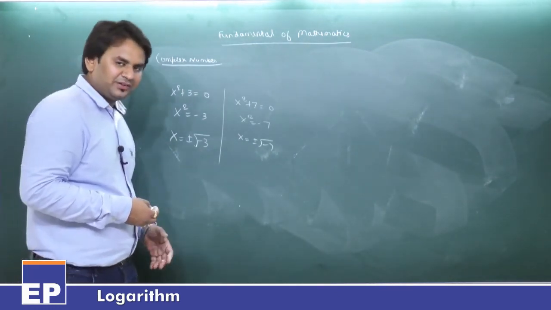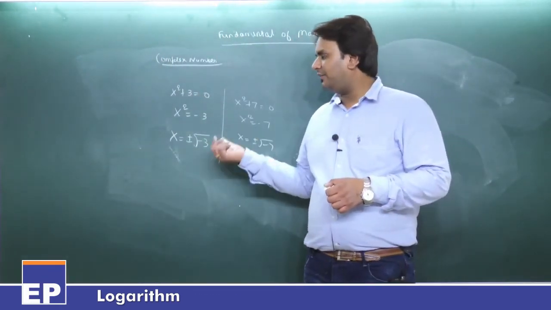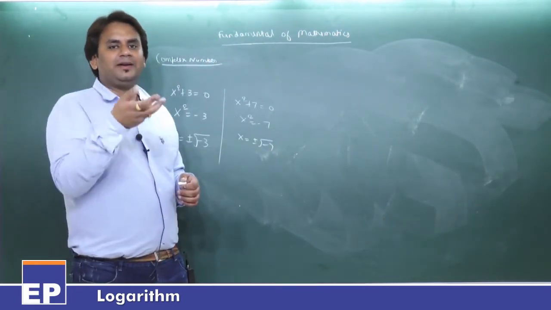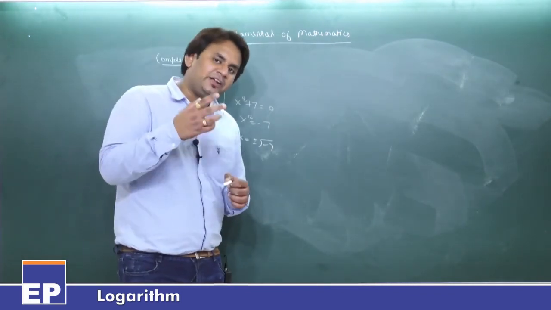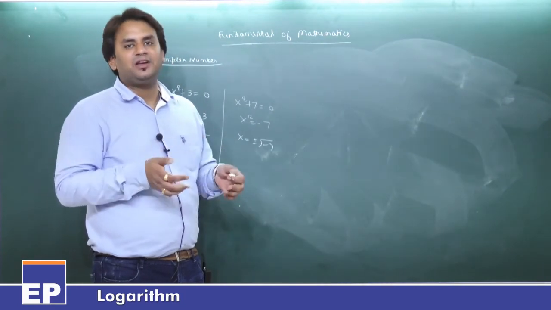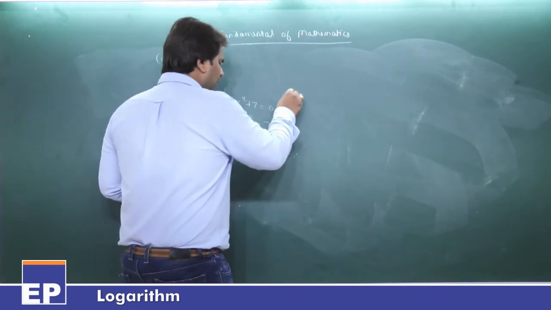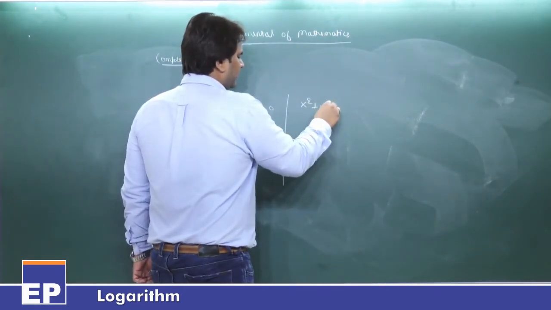There are a lot of equations, and some equations have this type of condition, where the value of x comes out to be under root of minus something, which is not possible in real numbers. That's why we are studying complex numbers, which involve imaginary numbers. To remove this problem, let us do this example again.